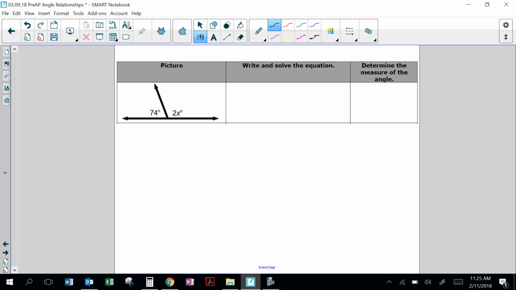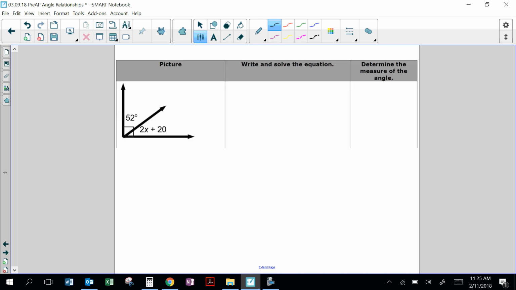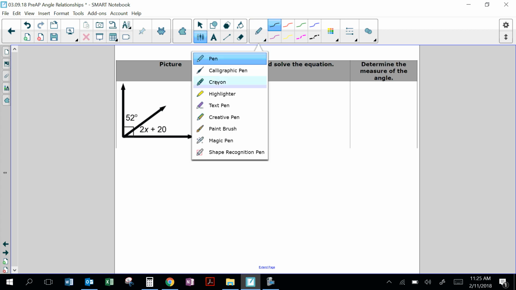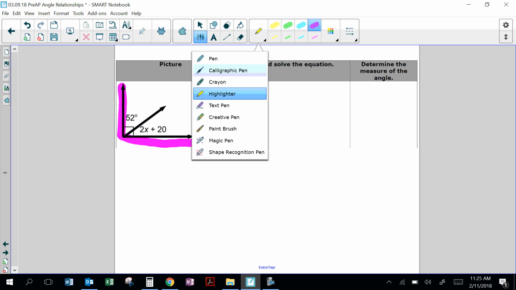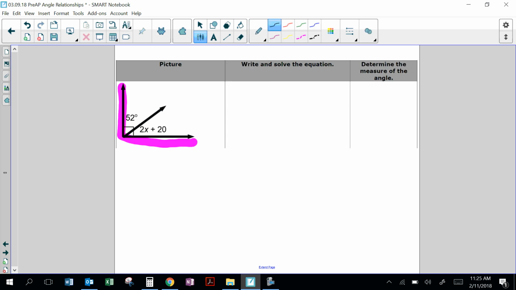So here are 3 examples that you will be practicing. So what type of angle is this? It is a 90 degrees angle. So we are working with complementary angles. The way I memorize it is silly, but this is how I memorize. Complementary comes before supplementary because in the letters, C comes before S. So 90 comes before 180. I don't know. It might be silly. So we know 52 plus